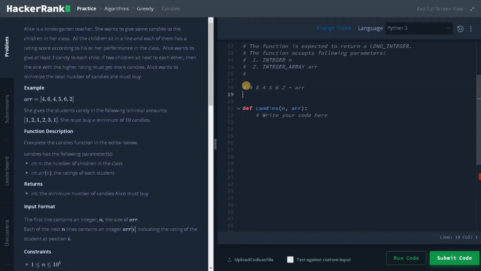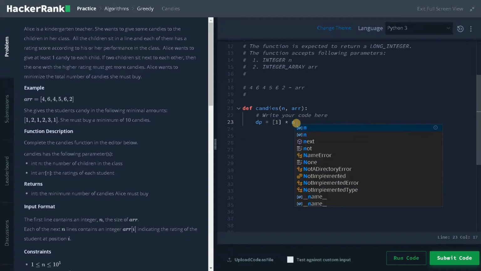I will call it array, and another array I'm going to initialize. I will call it dp or candies, anything you like. This is dynamic programming, and usually I call it dp itself, so we will know which component is dynamic programming. I am going to initialize it with the length of the array because all the children must get one candy, that is the least. So initially I'm going to initialize with all ones. So this is the dp value.